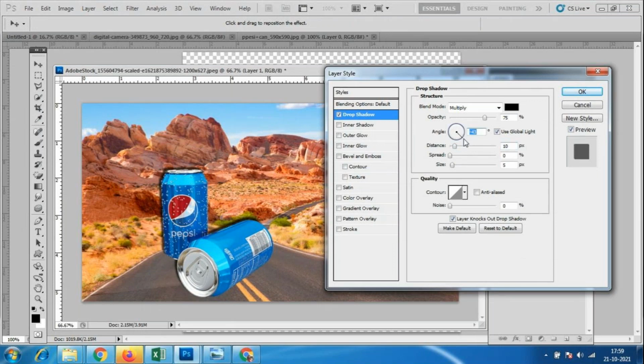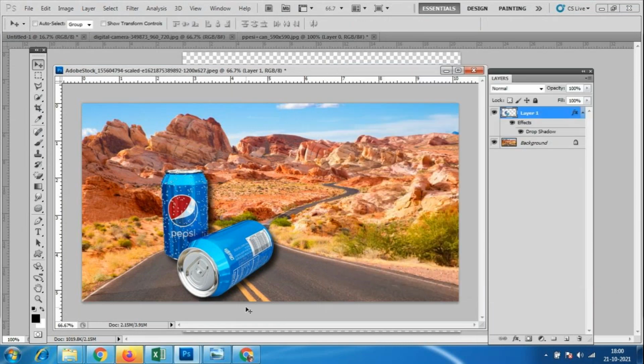Look here, yesterday's class is over. The shadows and all, we applied for the text. Here I have to give the shadow because it will give a natural kind of effect. How much shadow we need, only that much we can apply. If you want to increase the size of the shadow, I'll increase it very slightly, and the distance slightly. We cannot give so much, so it should look natural.